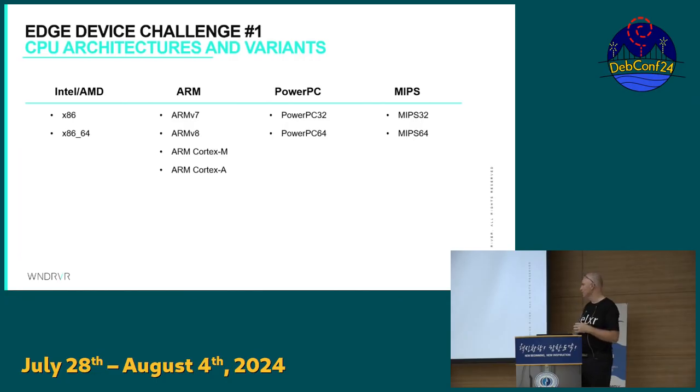The first challenge is around the diversity of CPUs, so CPU architectures. The main architectures that you'll find on edge devices are Intel, ARM, MIPS, and PowerPC. And then to make things even more complicated in this space, you end up dealing with multiple variants, especially on the ARM side. You might have soft float versus hard float. And then, of course, the big set of variants being 32-bit versus 64-bit. And what you end up with, when you bring all these into the picture, is a fairly large matrix, we often call it the matrix of pain,